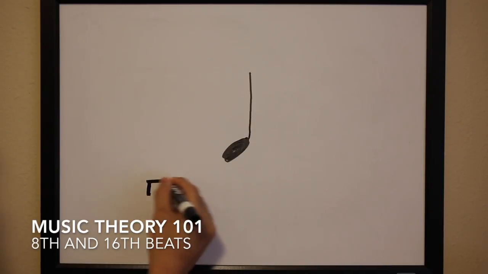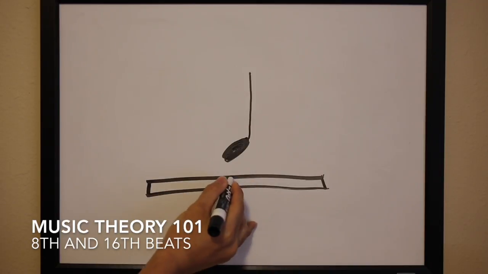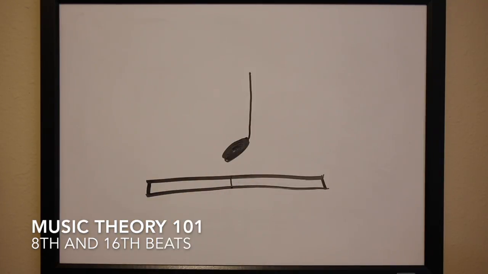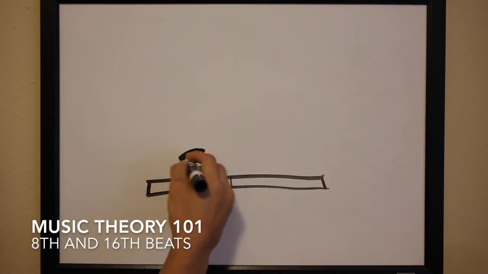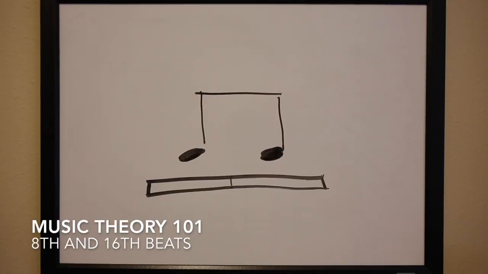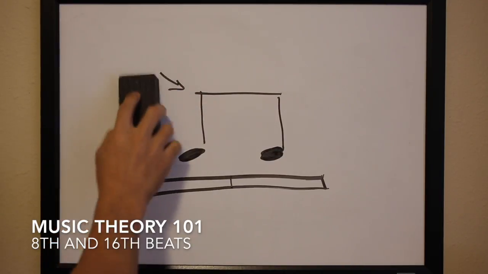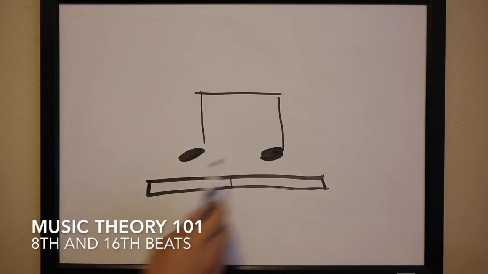Today we're going to be discussing how to split up a quarter note and make eighth notes and 16th notes. So you see we start off with a fundamental beat of a quarter note. If we split that in half, we will get two smaller pieces, and those smaller pieces are called eighth notes. They look very similar to quarter notes with the dot in the stem, but they have a flag on the top connecting. Notice how it's only one line connecting the top of the stems, and I get two separate, smaller,